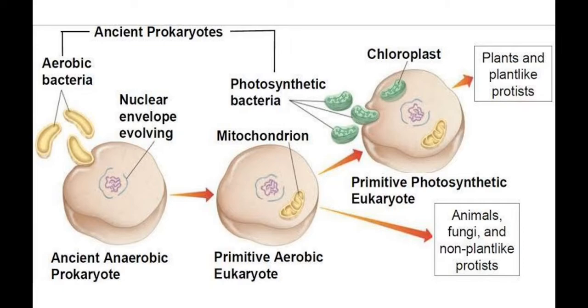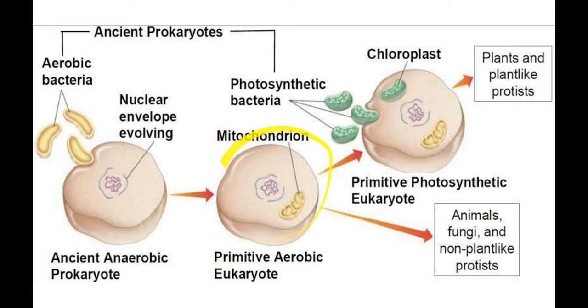aerobic way to produce energy became more efficient, and then there was a change. And then somehow these anaerobic prokaryotic cells got inside aerobic bacteria. This bacteria was getting energy by oxidation of nutrients with oxygen, and somehow some symbiotic relation was established, and then